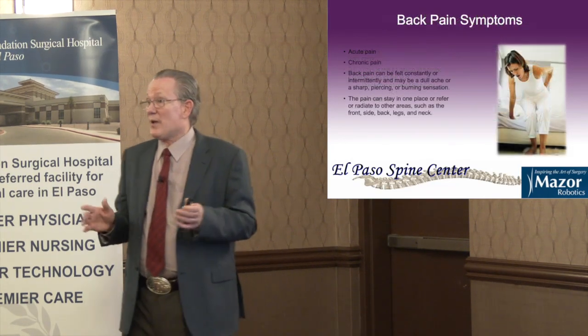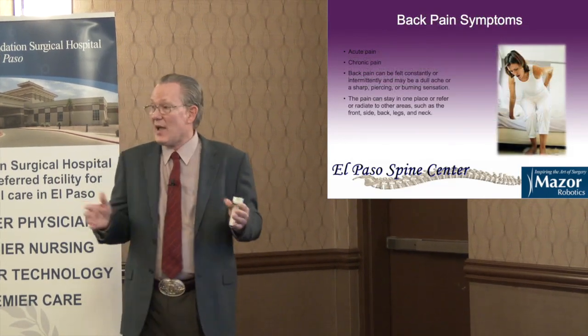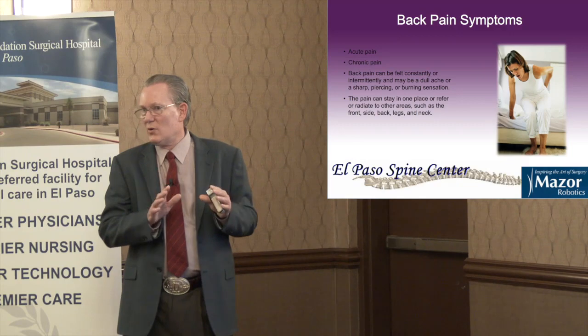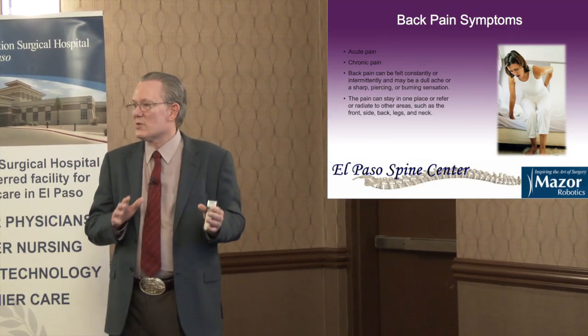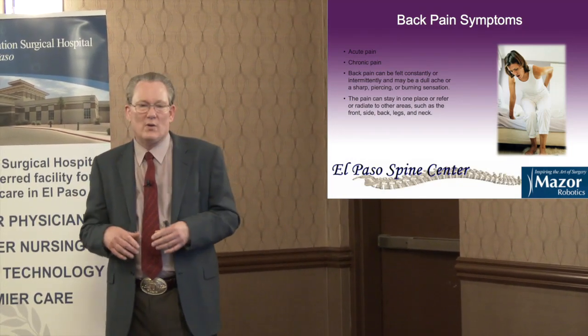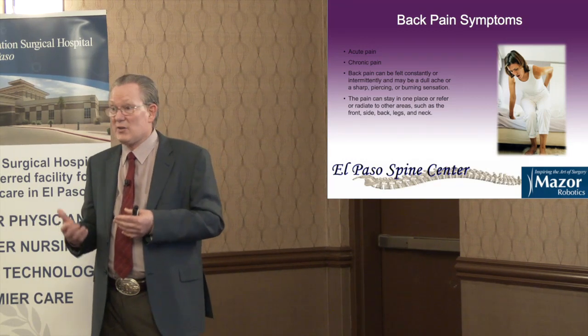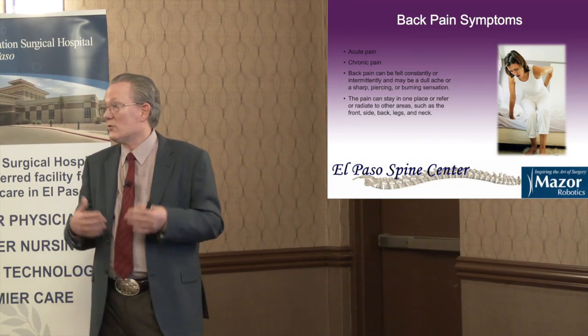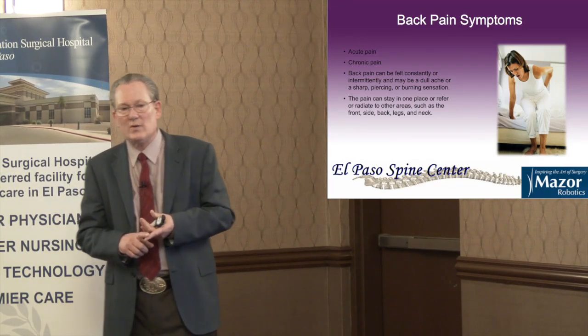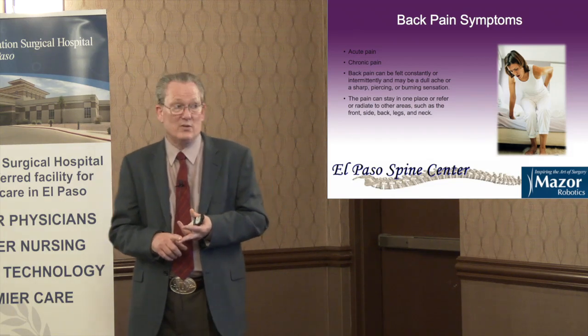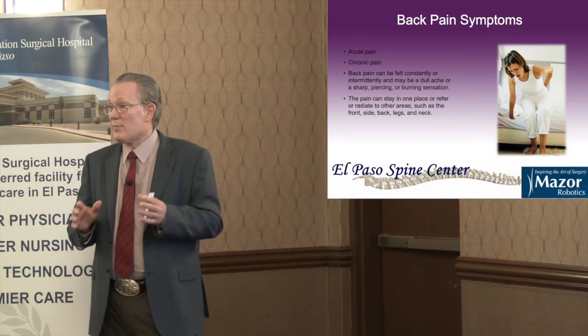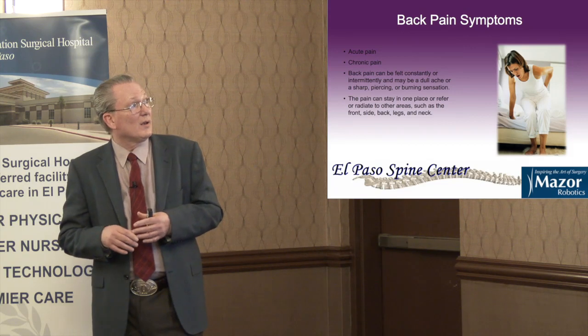When you look at back pain, it is divided into two types. You have acute, which usually resolves within about 6 weeks or so. I always say you can sprain your back just like you can sprain an ankle, and you treat them both the same way, conservatively, physical therapy, medications. Chronic back pain is back pain,